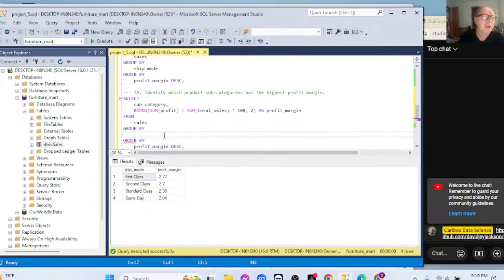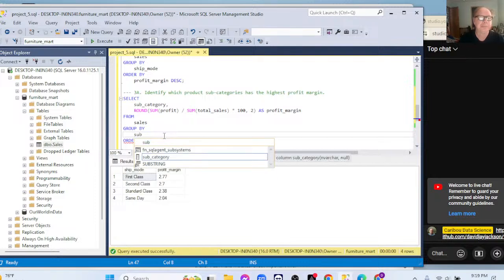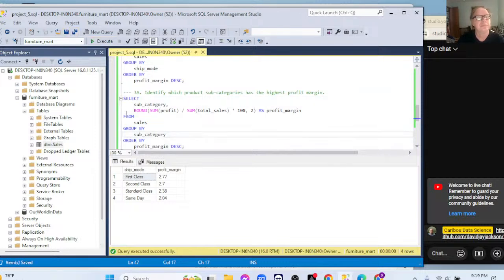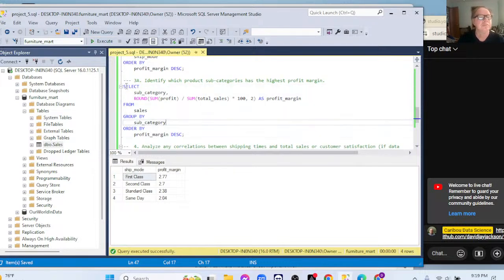So we could for instance calculate the profit margin by state. Okay, we could do it by region. But let's look at subcategory. So furnishing has, well, this isn't good. Bookcases and tables are actually losing money. The highest one is